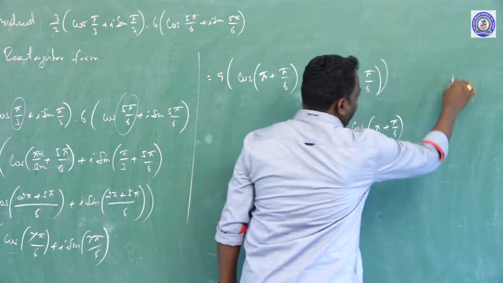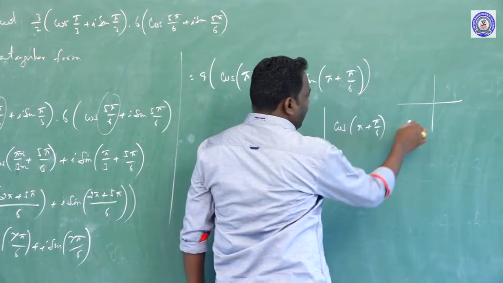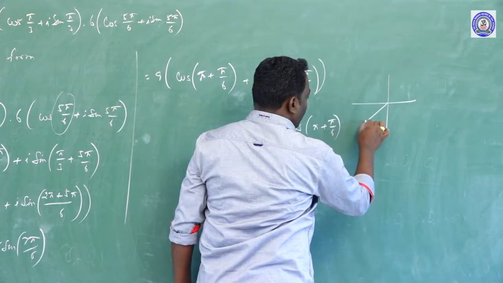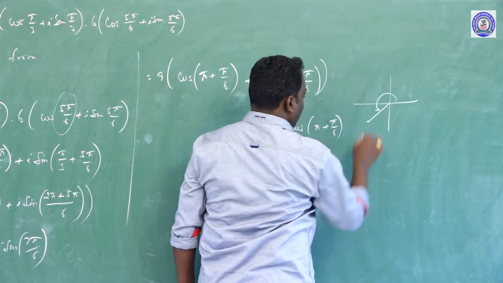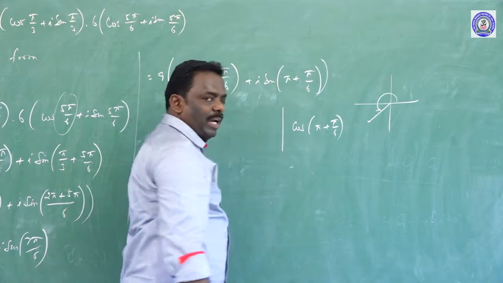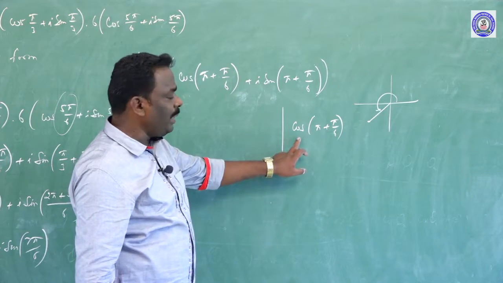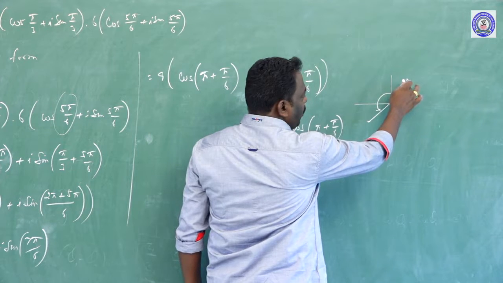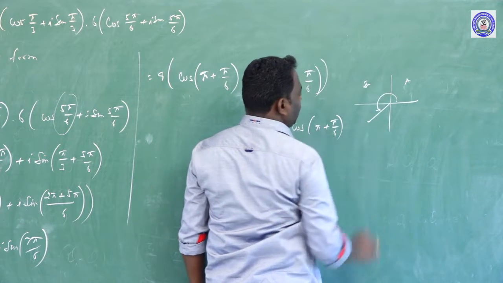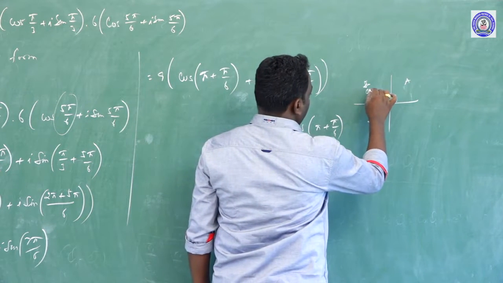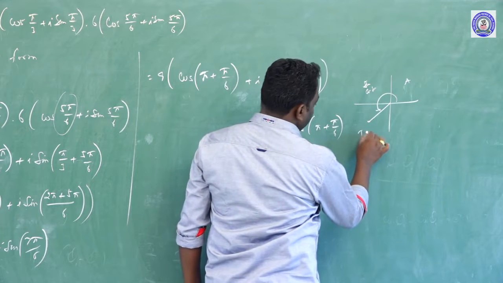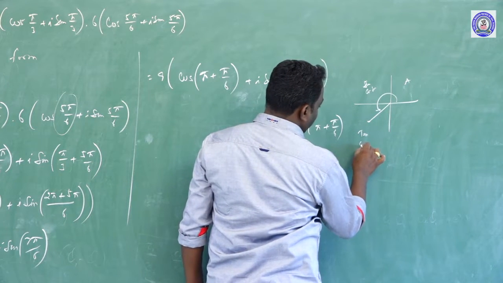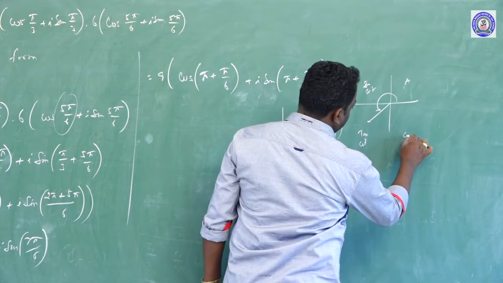So what is meant here: pi plus theta lies in which quadrant? The third quadrant. So theta lies in the third quadrant. What is the nature of the cos value? Cos becomes negative, because in the first quadrant all the trigonometric ratios are positive. Sin and its reciprocal cosecant are positive. Here tan and its reciprocal cot are positive, and cos and